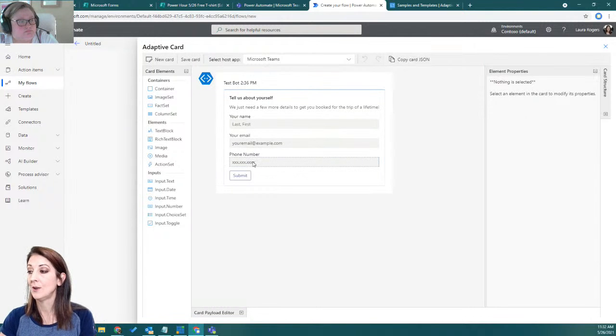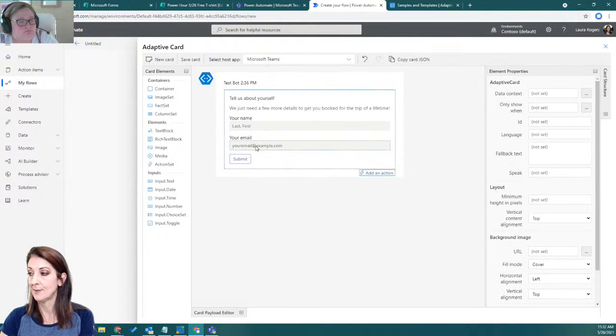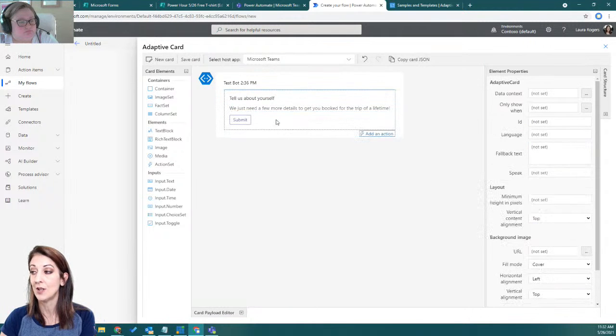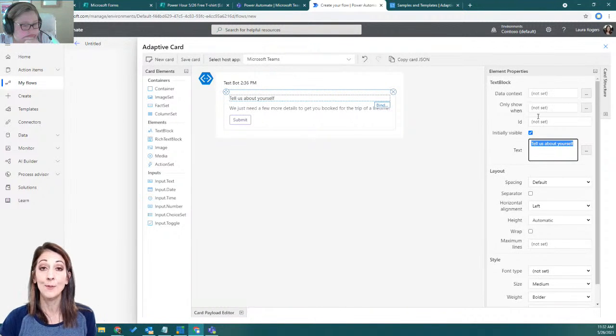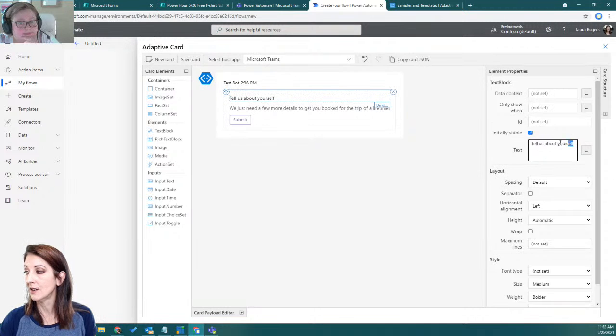So what I can do is I'll just delete some of this stuff in here. I'm not going to have a form for them to fill out. I just want a button for them to click to go take the survey. I want this whole thing to look a little nicer than that ugly little hyperlink. So instead of "tell us about yourself," I'm going to go to this, see, it's got element properties over here. Each time I click an element in the adaptive card, I can edit it over here. So: take the survey,